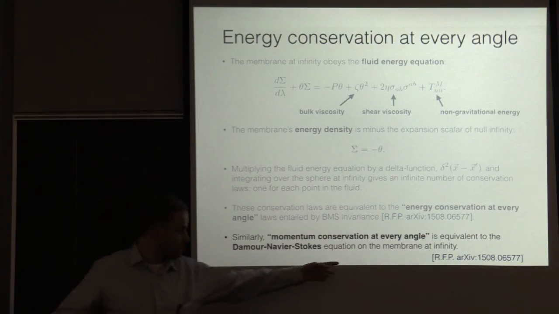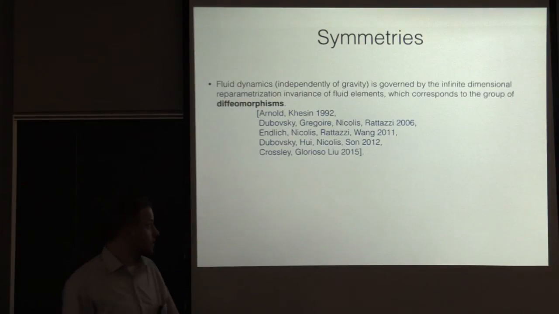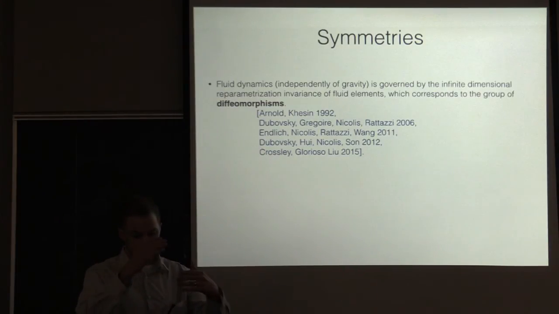Also interesting is that this is at the level of conservation laws. Another thing I mentioned in this paper is that there's also a connection between the two ways of looking at it at the level of symmetries. So Hong on Wednesday talked about how you can think about fluid dynamics in terms of an effective field theory having to do with diffeomorphisms, and he wrote down some symmetries that his theory comes from. He has a couple sets of symmetries. He allows time reparameterizations in the time direction. He allows spatial diffeomorphisms on spatial slices, and then from those symmetries gets fluid dynamics.